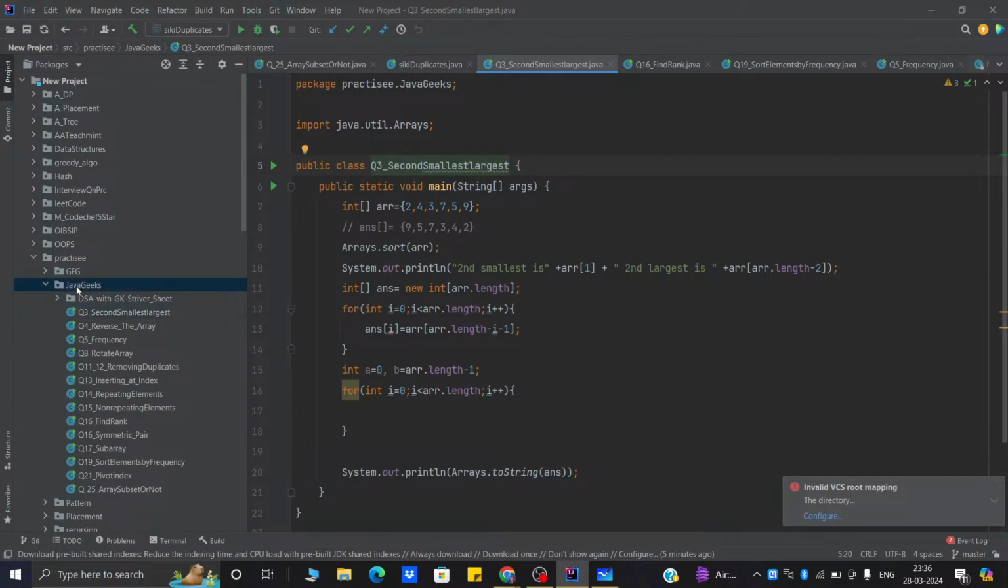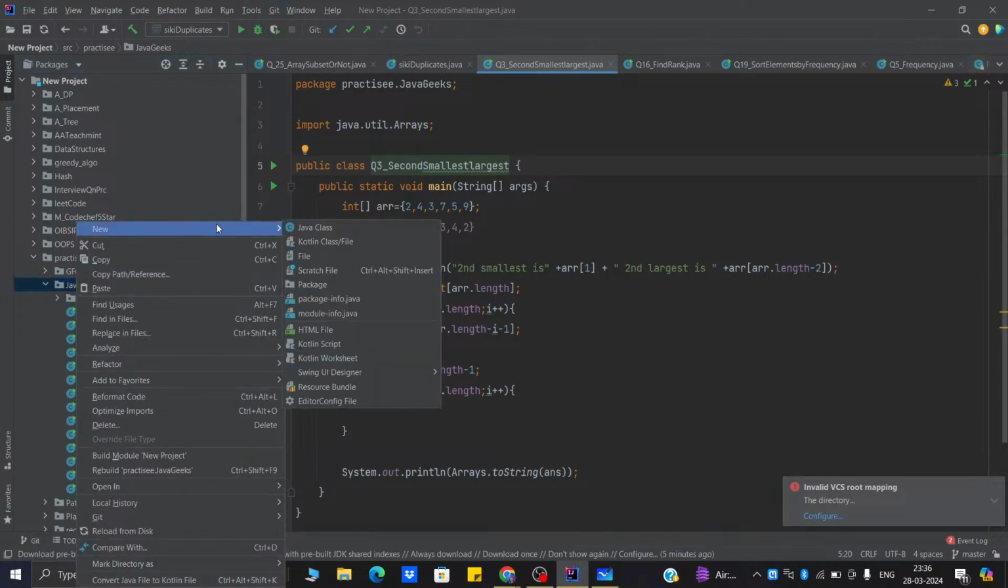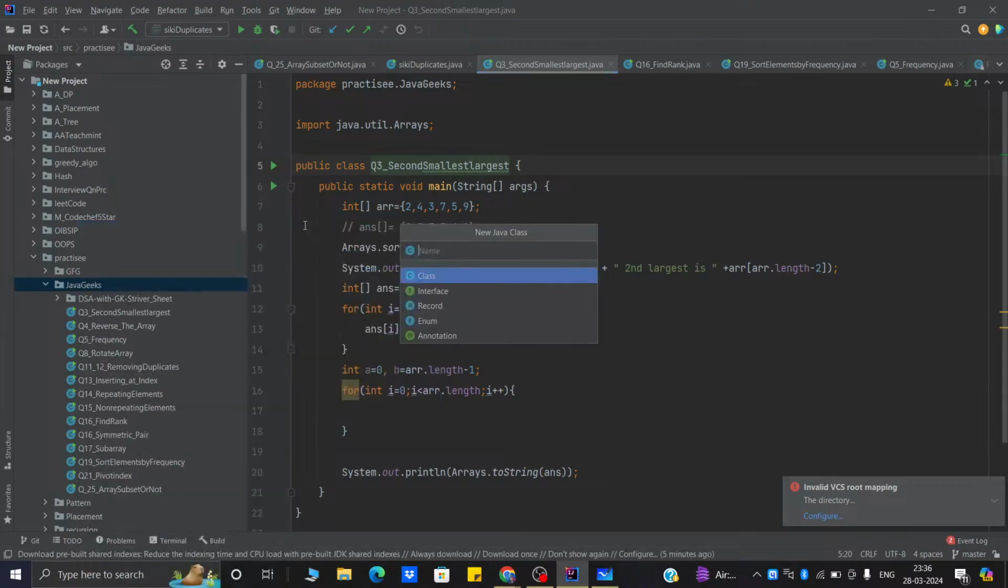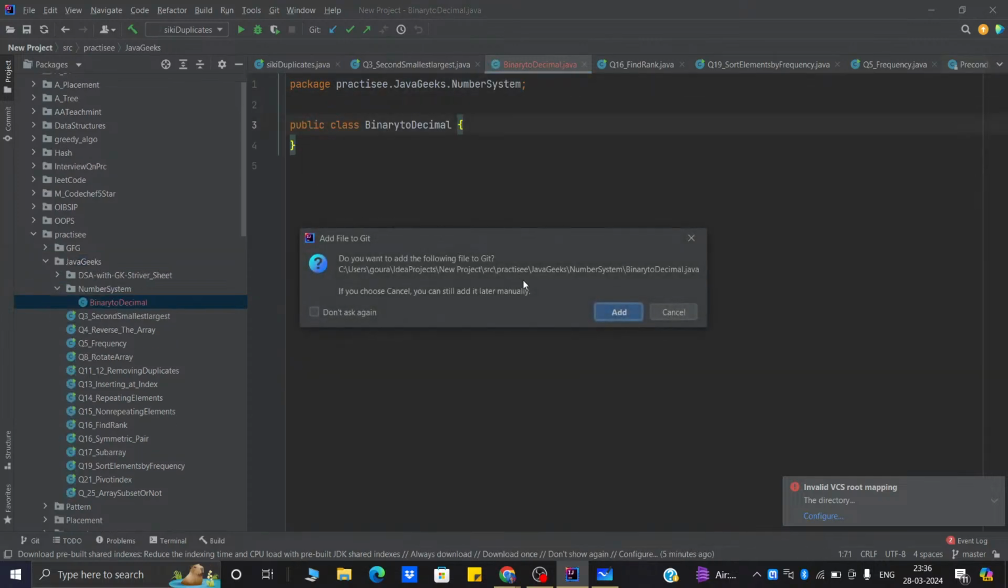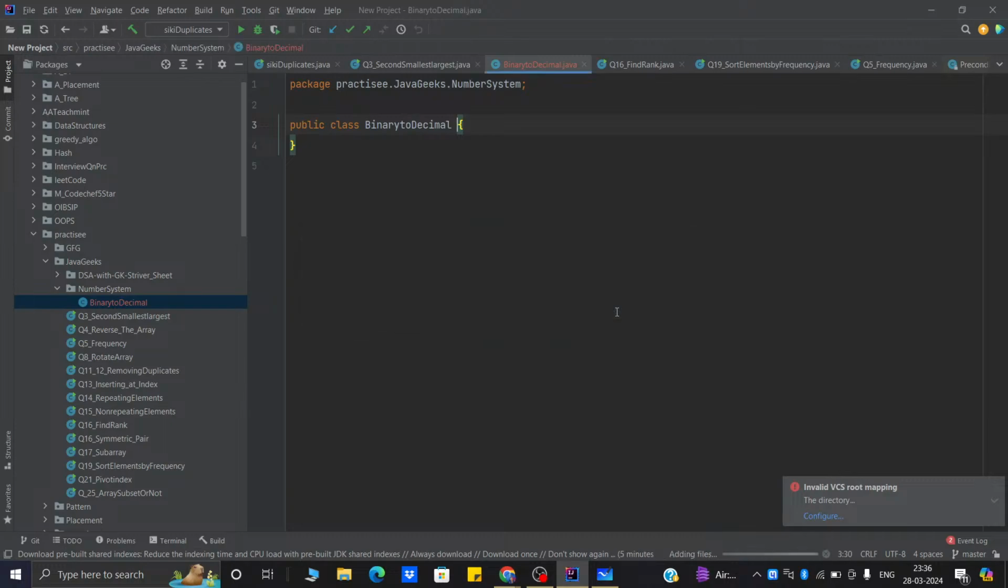Okay, so let us create a new class, let's say binary to decimal. Let's say number system, create a package, then binary to decimal. Okay, done. Now what we are going to do is,